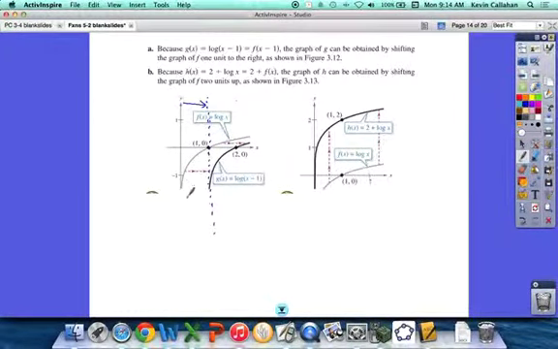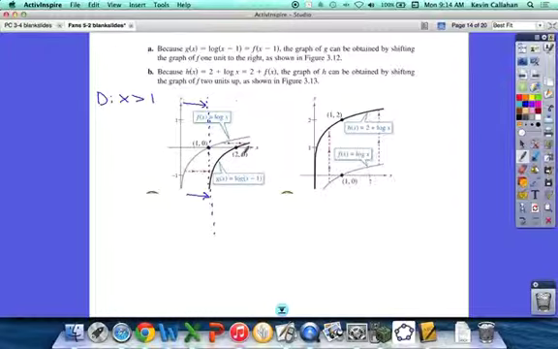Okay, everything went 1 to the right. So now what do you think is the domain? It used to be x greater than 0. Now, if the whole graph moved 1 to the right, it'll be x greater than 1. If the x-intercept was 1, 0, you move the whole graph to the right, now it's at 2, 0. So moving a logarithm graph horizontally, left or right, is going to change some of the important details of the graph,